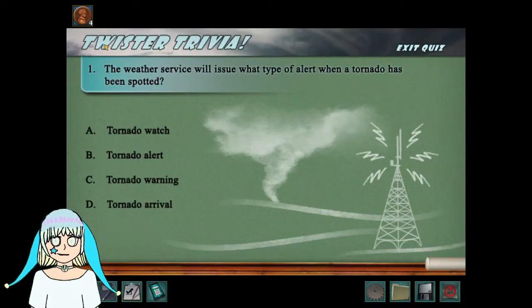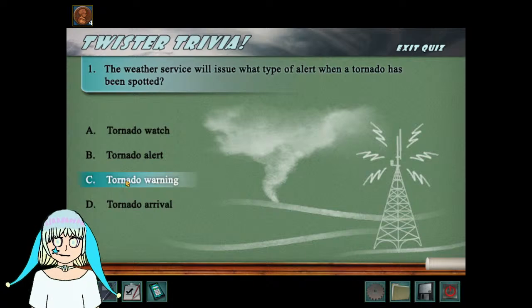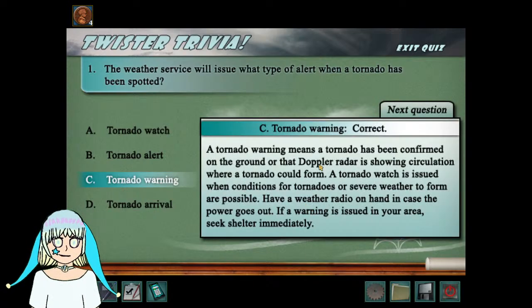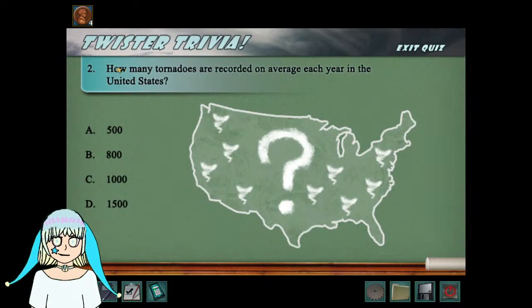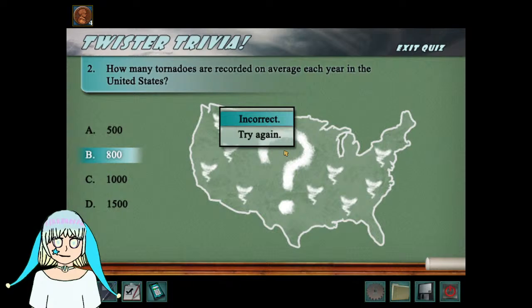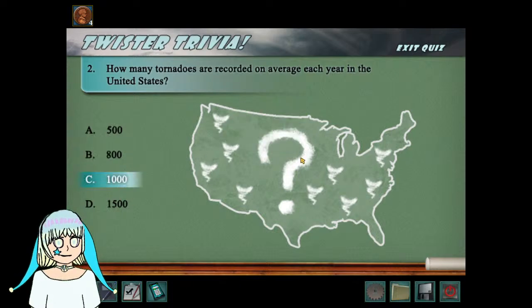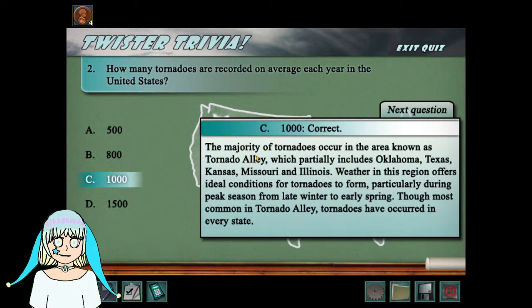Start quiz. The Weather Service will issue what type of alert when a tornado has been spotted? Tornado warning. Watch is when they set out a watch if it's possible. How many tornadoes are recorded on average in the year in the United States? I would guess like 800, maybe? Okay. 1,000? Okay. Majority of tornadoes occur in the area known as Tornado Alley, which partially includes Oklahoma, Texas, Kansas,